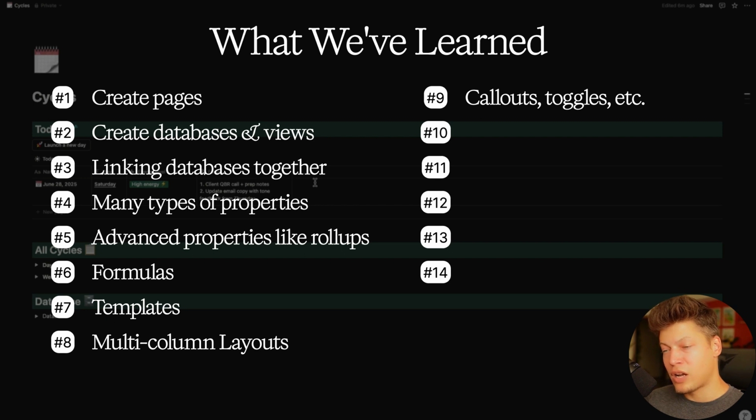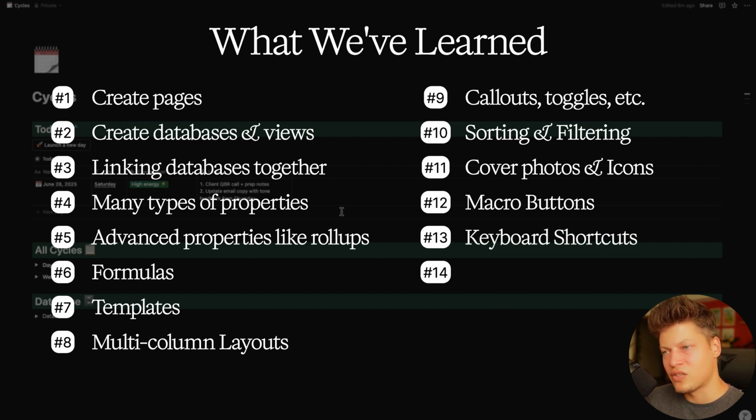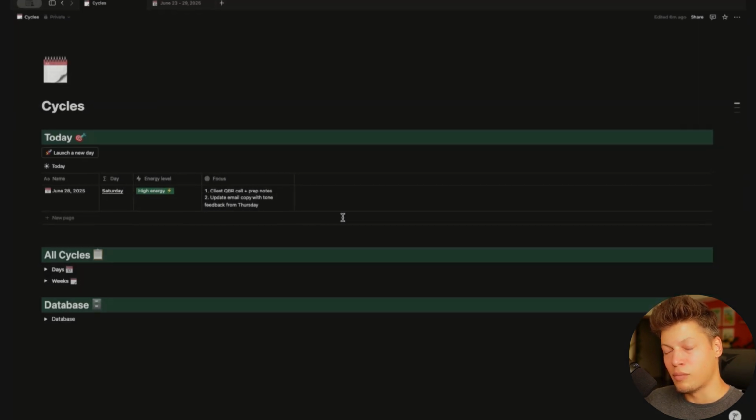We've also learned how to sort and filter data, including some really cool filtering techniques to make sure your templates always filter to the current time frame. We've seen different ways of changing cover photos as well as icons, and we've even created macro buttons, which is really advanced, and we've used them to automate some repeated manual tasks. And we've also learned some useful keyboard shortcuts. So there's been a lot. I'm probably now blanking on quite a few things that we also learned, but we did cover a lot